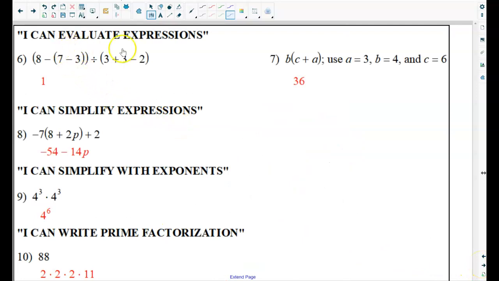I can evaluate expressions. Okay? And just so I don't forget, notice how this says I can simplify expressions, I can simplify exponents. So let's talk about evaluate and simplify. Okay? Like everything, understanding the language, words is very important. So these are about the same thing. Okay, so why do we need different words? Well, notice something. Evaluate,